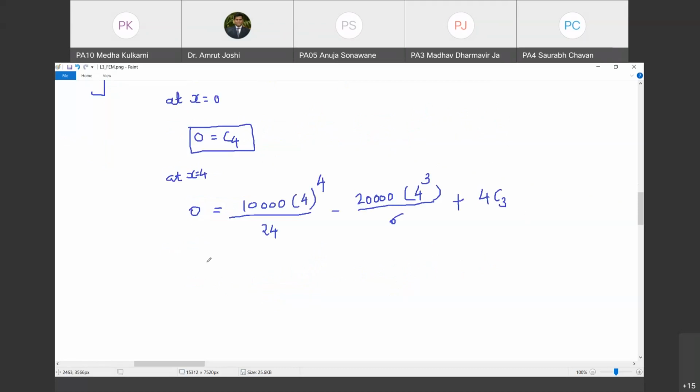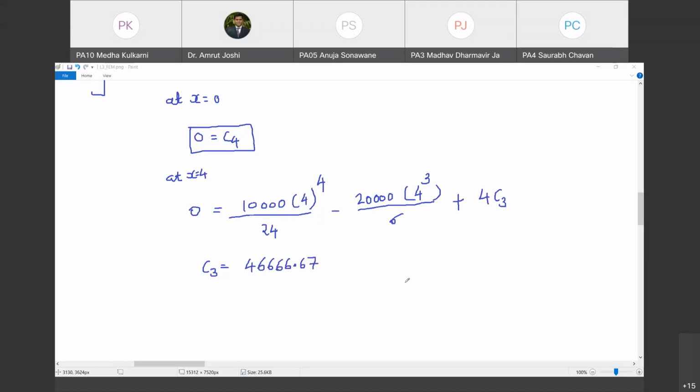So therefore, can I get the value of C3? Can you calculate and tell me the value of C3 quickly? गलती मत करो. It is 46,666. Positive or negative? Positive. If it has to be positive, that means the second term should lead this term. Then only it will go on the other side and become positive. Right? Tell me how much it is. So it is 46,666.67.